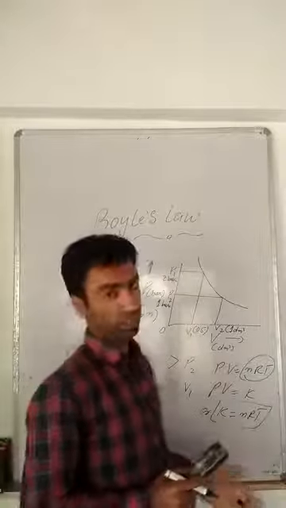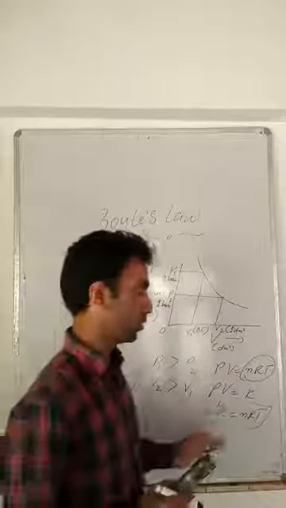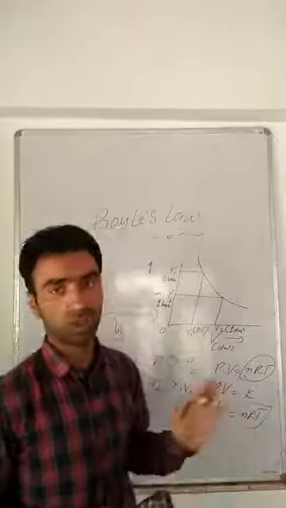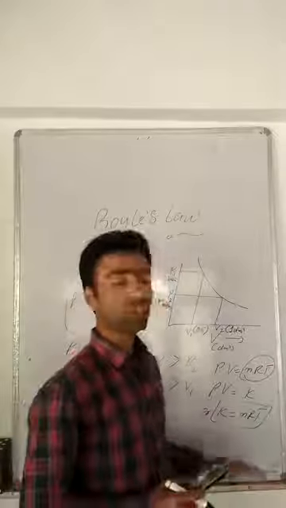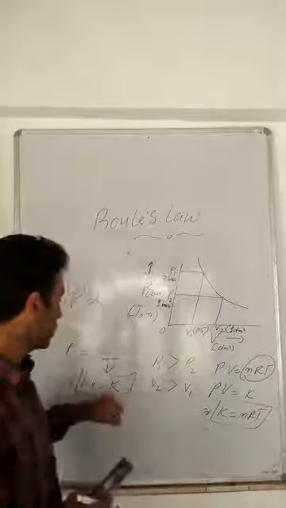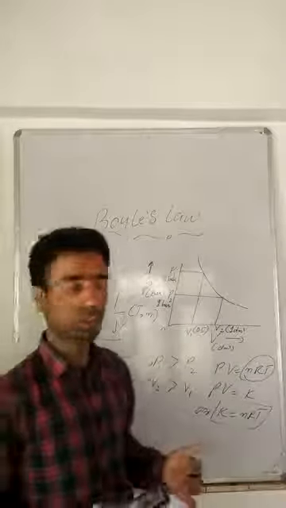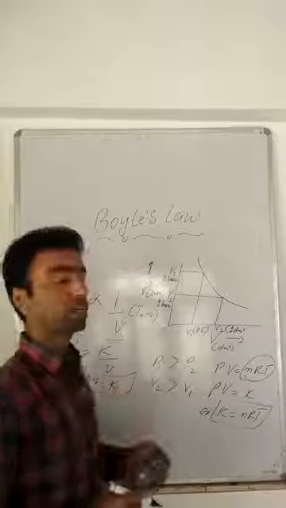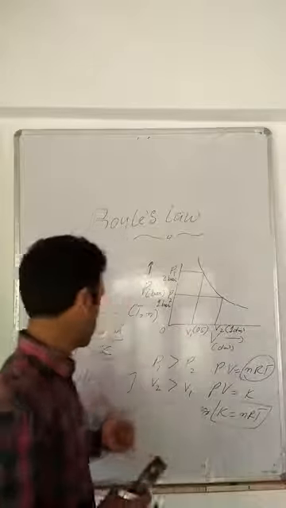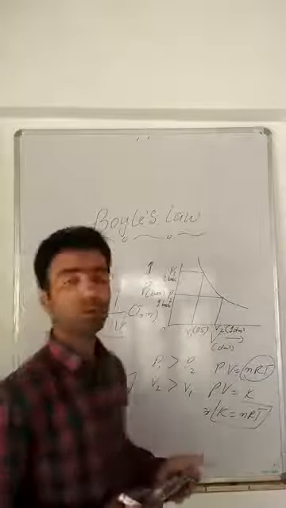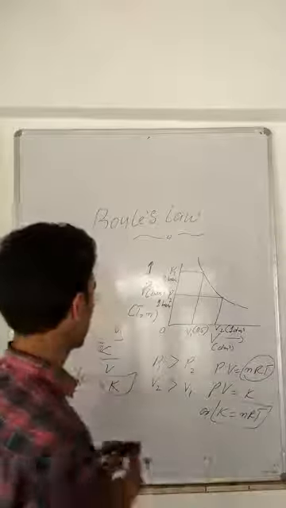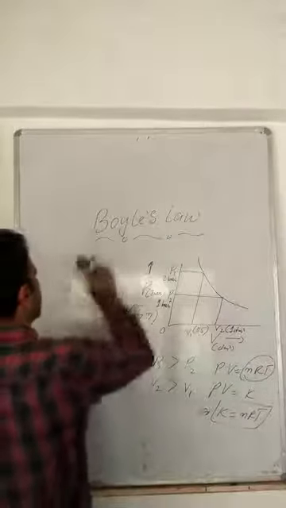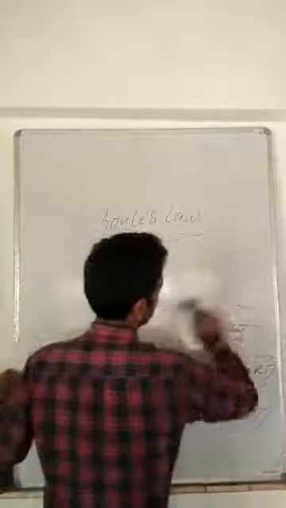Universal gas constant dependence doesn't matter because it has the same value for all gases. In addition, because K is directly related to volume and pressure, its value will also depend upon the units chosen for the expression of pressure and volume. So today we will look at different types of graphs and their interpretations.